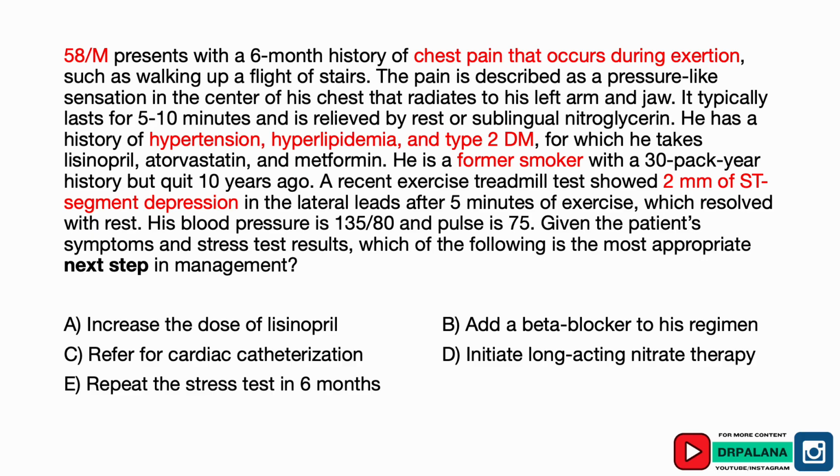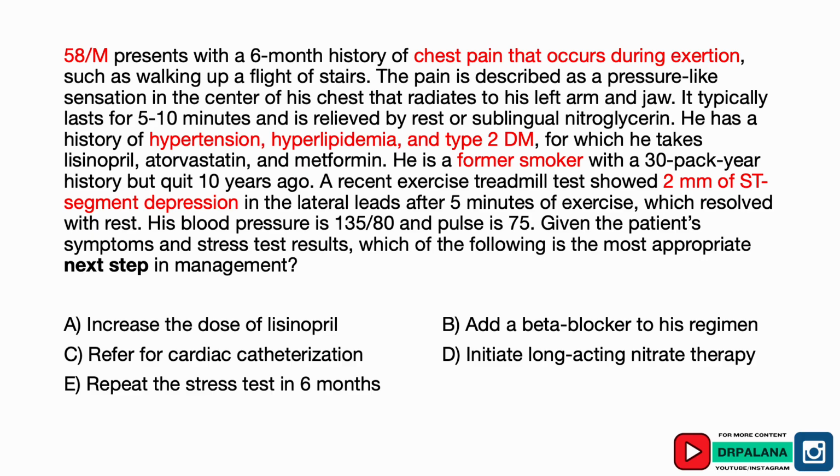The correct answer is C. Refer for cardiac catheterization. This patient presents with stable angina, characterized by chest pain during exertion that is relieved by rest. His history of hypertension, hyperlipidemia, diabetes, and significant smoking history places him at high risk for coronary artery disease. The recent exercise treadmill test showing ST segment depression suggests inducible ischemia, indicating that there is a significant likelihood of